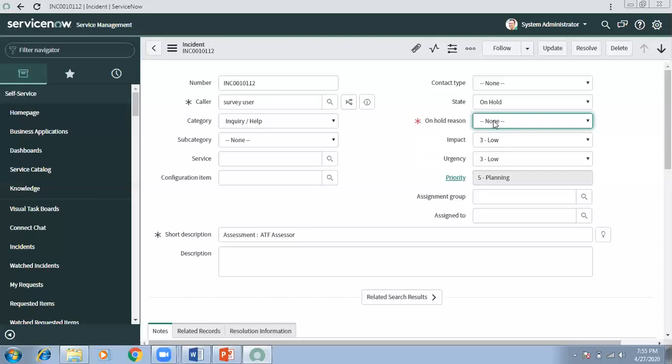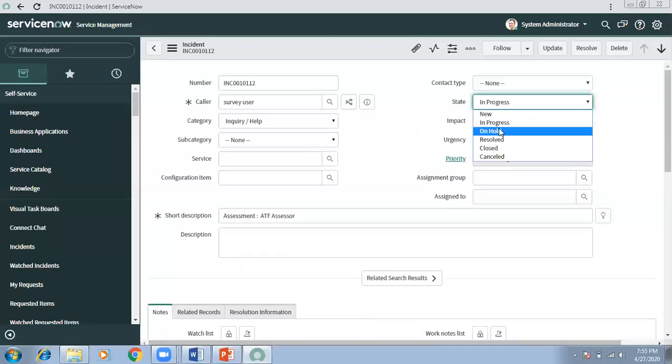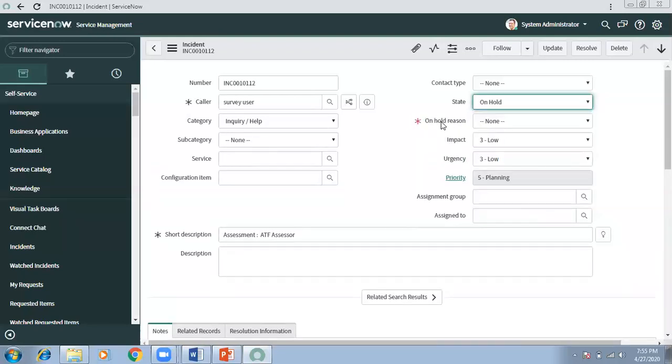Now both will collide in your instance, because your code will also try to do something and the out-of-box one will also try to do something. Here, the out-of-box one is making state mandatory. But instead of modifying this one according to your requirement, where you did not want to make it mandatory,